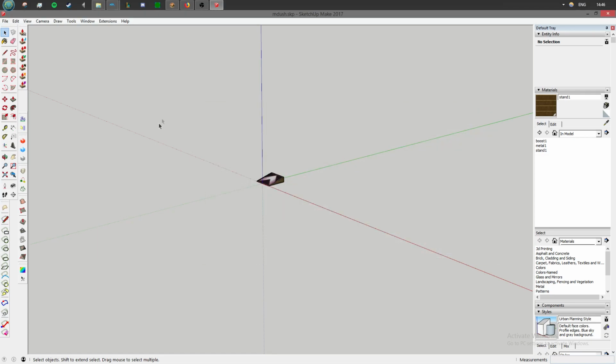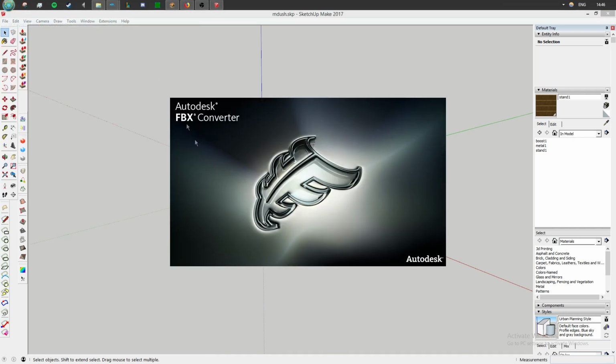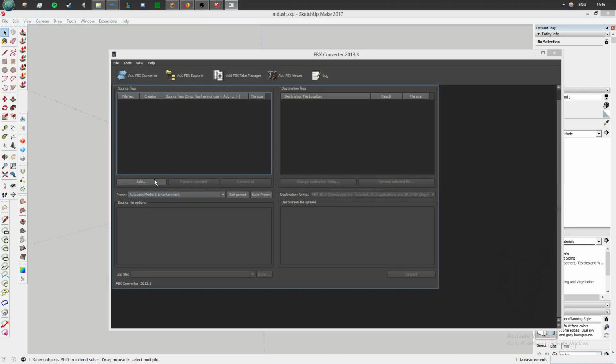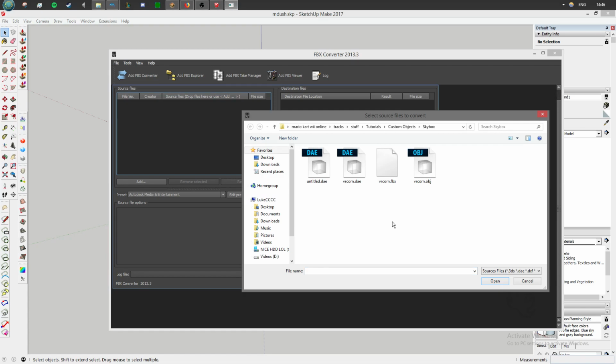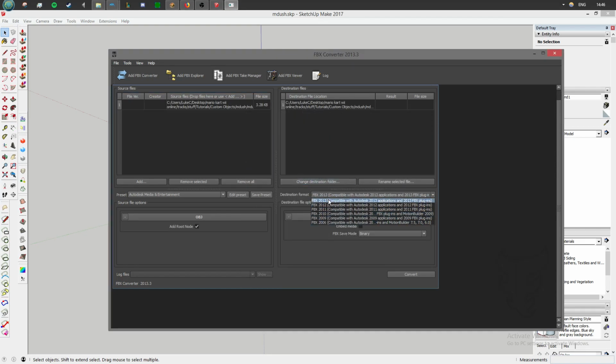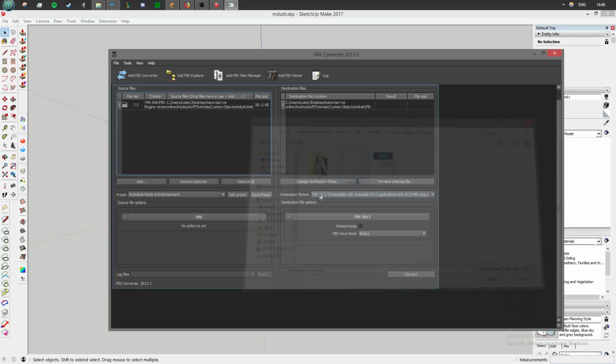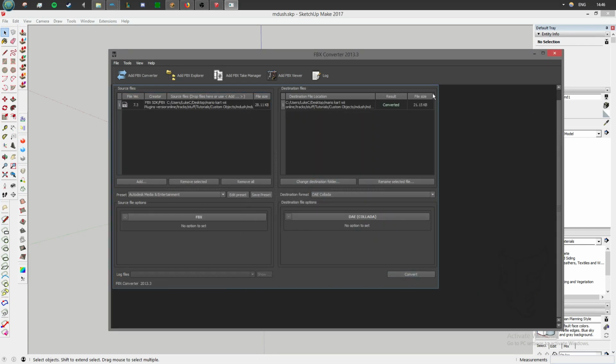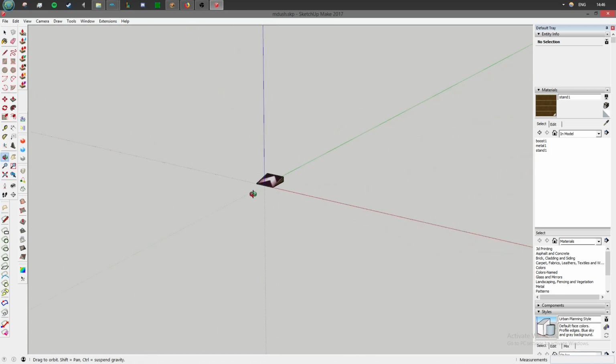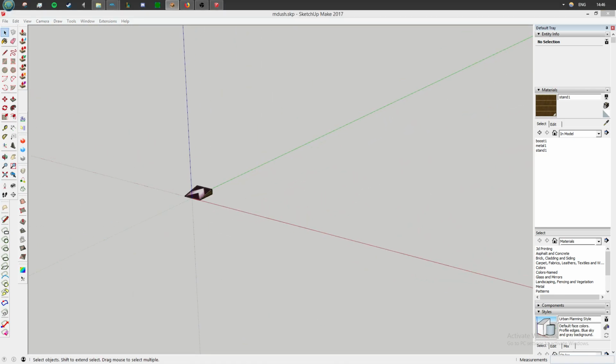So we're going to export as an OBJ. Then we're going to go on FBX converter, which you also need to Google because it's kind of difficult to find this thing for some reason. You'll find it though. Find that file. We're going to convert it to FBX. Then we're going to convert it to DAE, which is what we use for Roblox, just like so. And then what we do is we open Roblox,